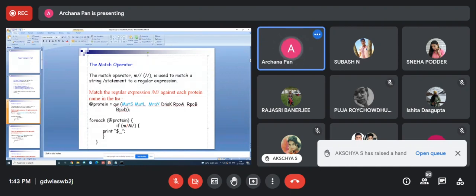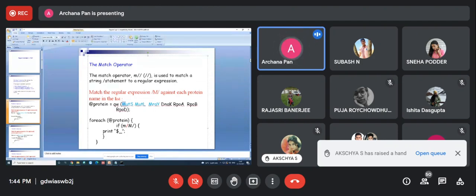These are the different protein names. Here, I want to see how many protein names have the word m, as the capital letter.